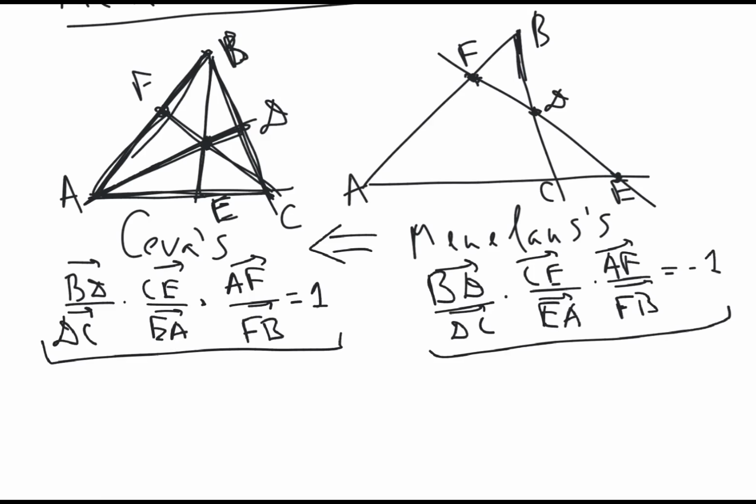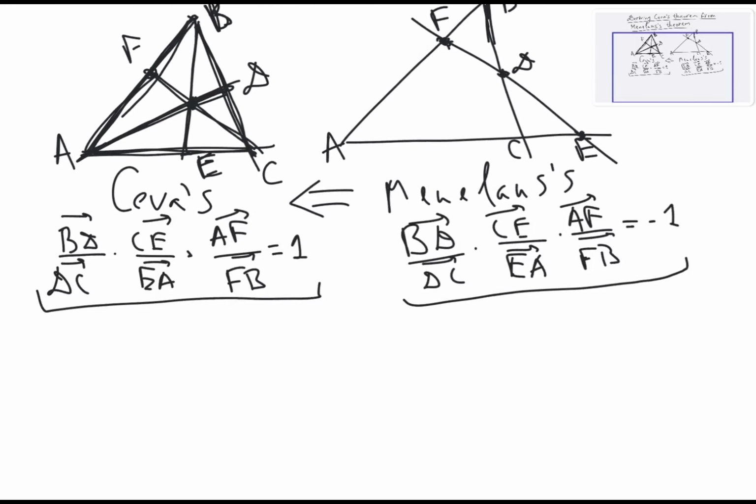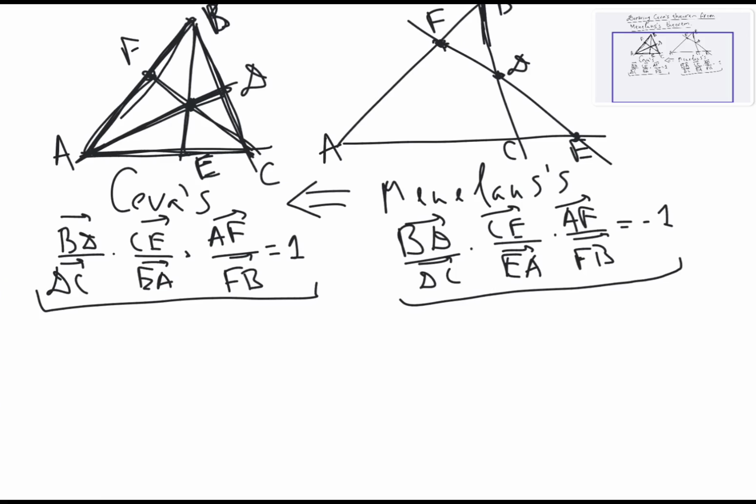We are going to prove Ceva's theorem only in one direction, because the opposite is easily proven using the main direction of Ceva's theorem itself. So we don't even need the Menelaus theorem in that case. So suppose that AD, BE, and FC